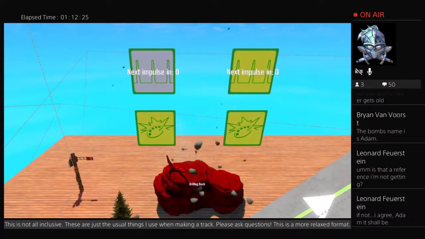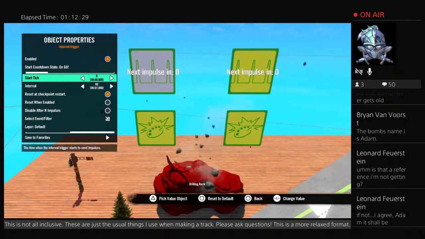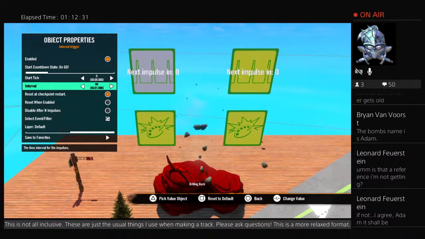You click on this to go into the settings, hit up. Your start tick and your intervals work together. This is how long you want the loop to go. So every 60 seconds, I'm sorry, every 1 second, something happens. It tells you below the 60, so I guess it's frames. So every 60 frames. I gotta stop with the whole math thing, but